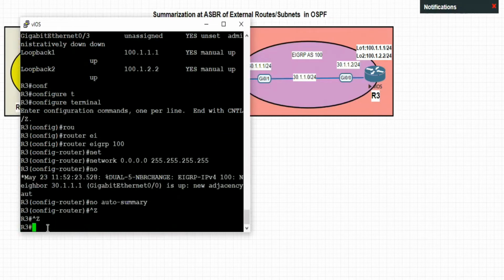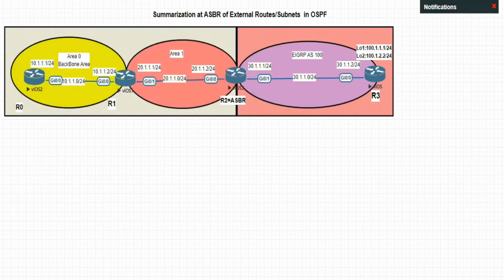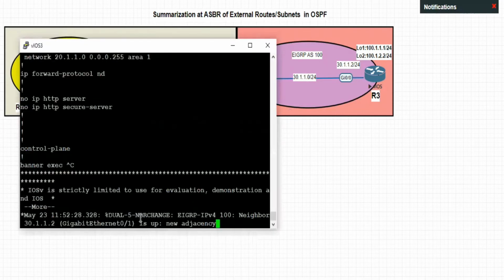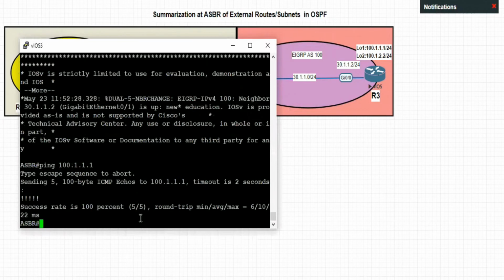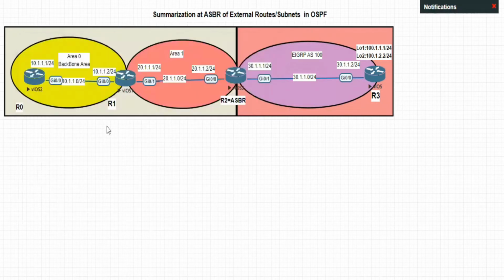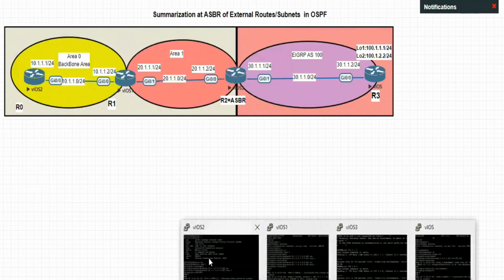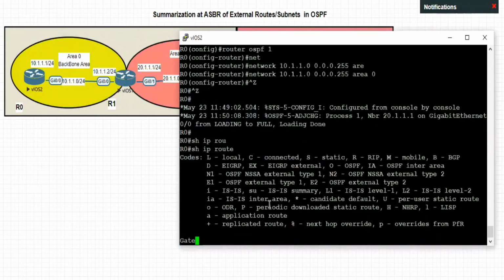Okay, so if you want to ping from the ASBR to the loopback, just check it out. From ASBR to the loopback 100.1.1.1, that's reachable. Even if you go to ping 100.1.2.2, that's also reachable. Okay, so now if you see the routing table for R0, show IP route, you can